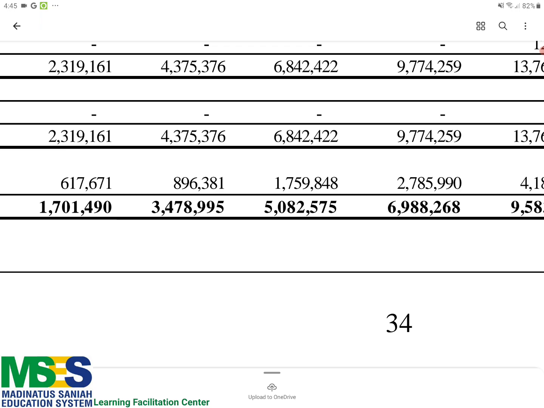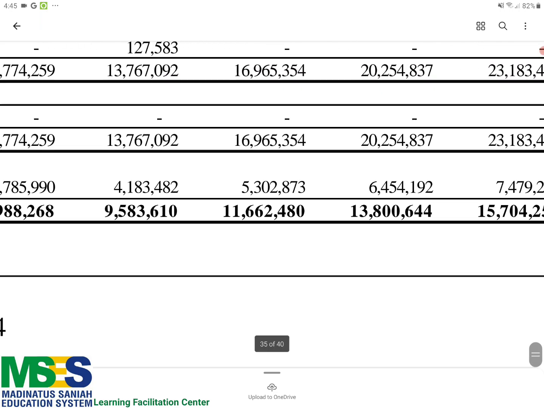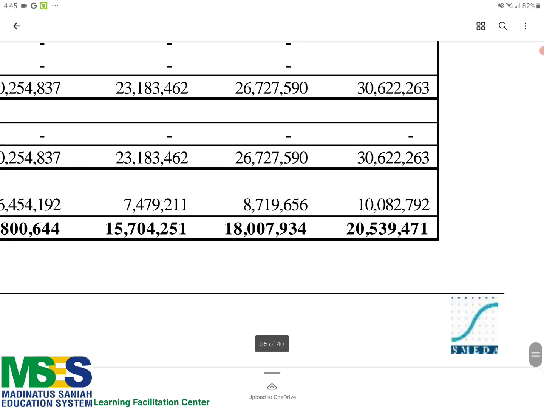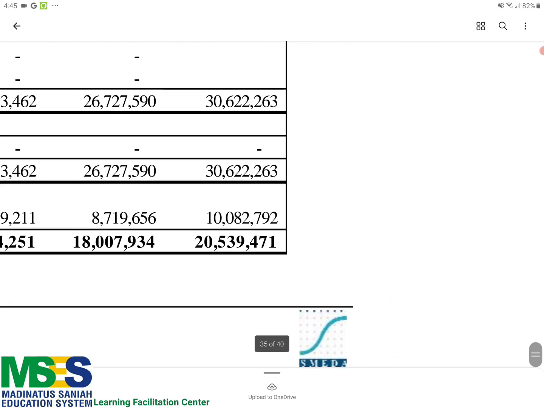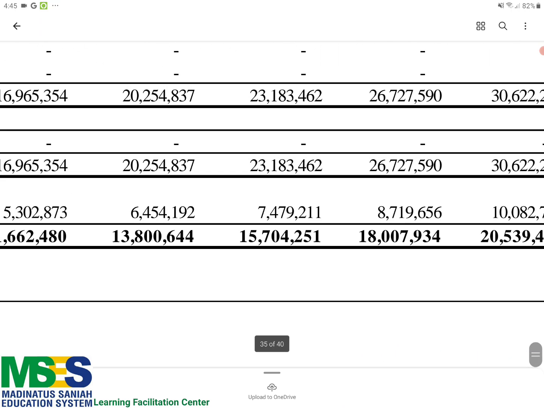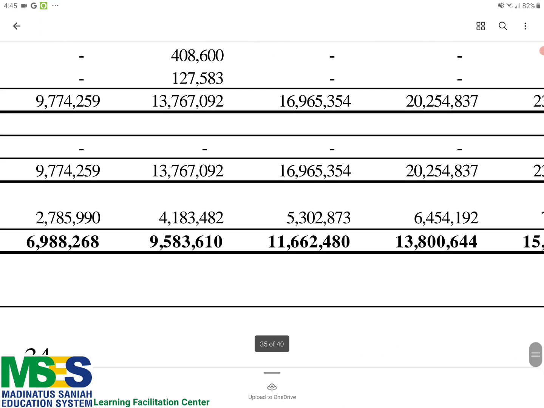Do you see how much profit this shop makes after the 10th year? Can you imagine a shop earning 20 million rupees per year? How much did we invest? 6 million. From 6 million we started and we are earning 20 million a year. What is the payback time? In the first year, how many years did it take us?